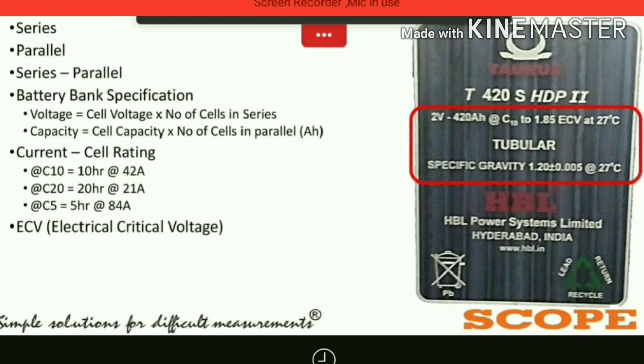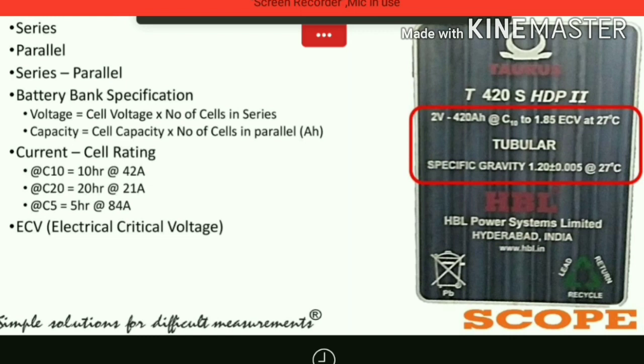if the battery capacity is 420 ampere hour and the type of battery is C10, the discharge current can be calculated as 420 ampere hour divided by 10 hours. C10 denotes the rated discharge time, and this is the rated capacity. So for C10 type batteries, the rated discharge current will be 42 amps. Same for the C20 type battery, the rated discharge time is 20 hours, so we get a rated discharge current of 21 amps. And for C5 batteries, it will be 84 amps.